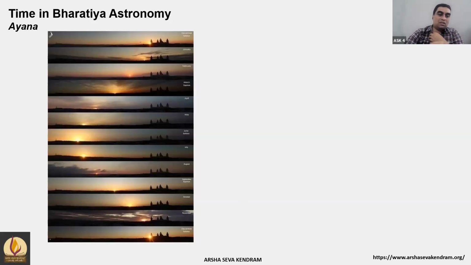After that, it starts moving towards the south, and the sun is actually rising more in the southeast direction. It reaches its maximum southeast point sometime in December. Again, all of these apply to the northern hemisphere. Then the cycle continues. We can observe this on a monthly basis and see how the Ayanas are changing. I thought it's a very nice photograph that illustrates